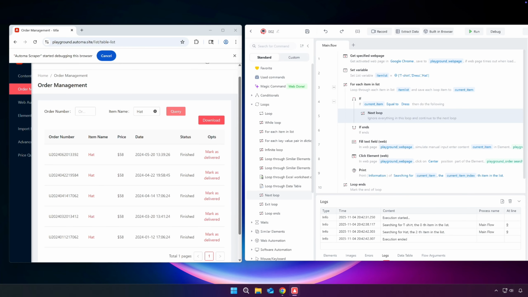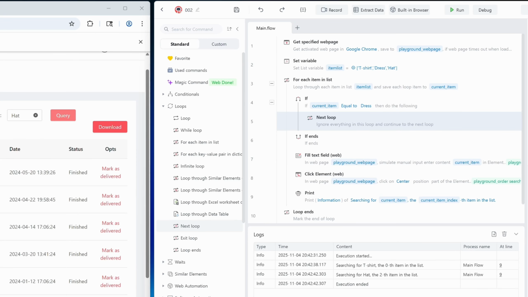What exactly went down in this loop? Let's break it step by step. First iteration, current item gets assigned t-shirt. The condition isn't met, so it keeps running commands 7 to 9, then moves on to the next iteration. Second iteration, current item gets assigned dress. The condition is met, so it goes into the conditional block, hits next loop, and jumps straight to the next